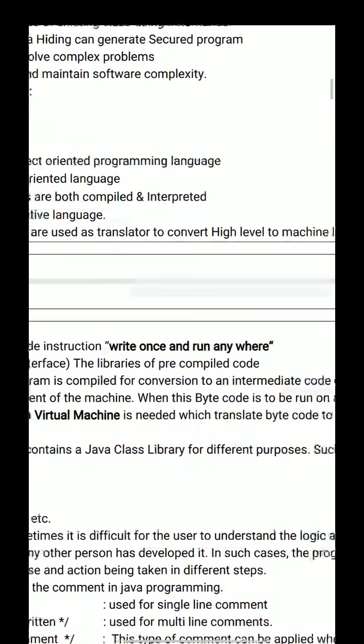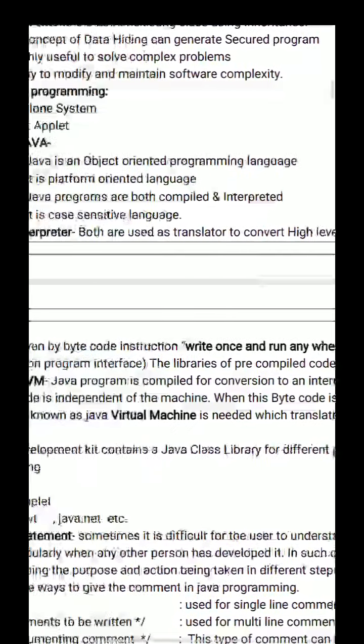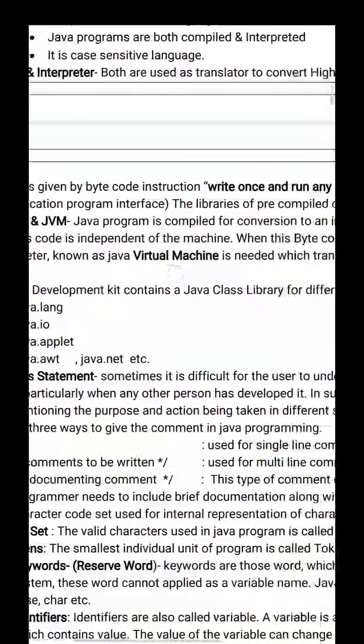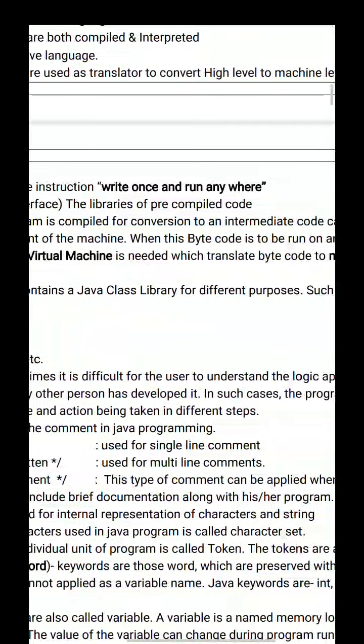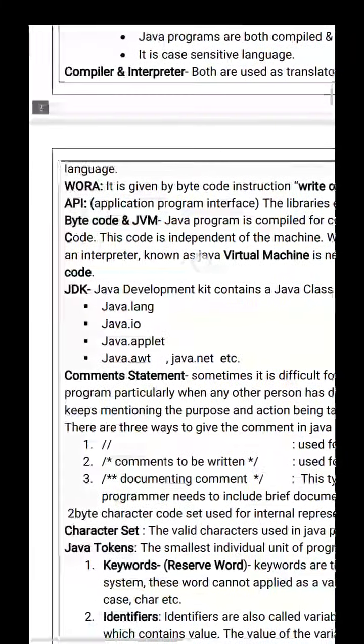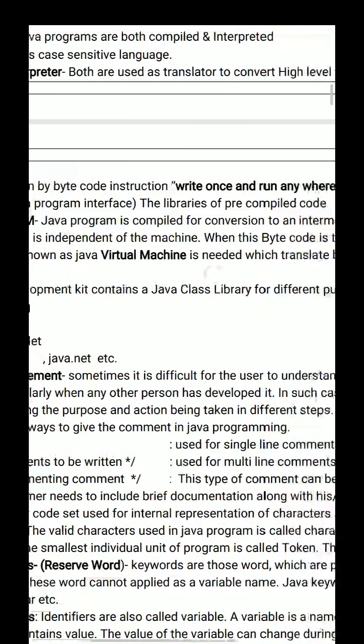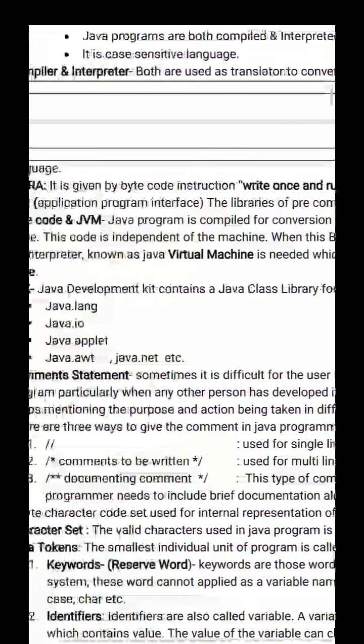Both are used as translators to convert high-level language into machine language. Java provides bytecode instructions: write once and run anywhere. That's why Java is called machine independent, meaning you compile on one machine and can run that program on another machine. API, application program interface, is the libraries of pre-compiled code.